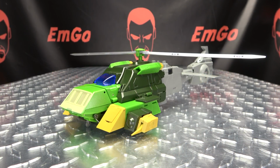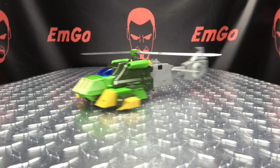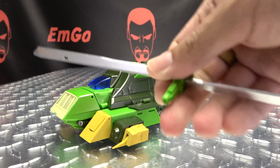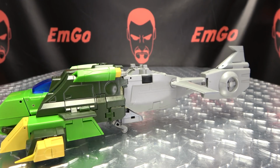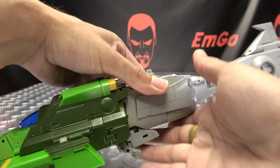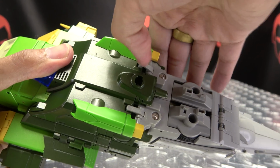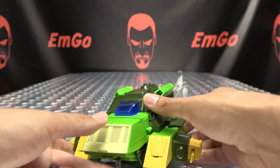So let's get down to transformation again, shall we? Let's get a good spin out of the helicopter mode at least. Hey, we get something. But remove the blades here, put that off to the side, and we can commence. So first thing we're going to do, just take these fins here, bring them down, rotate them forward. We're going to undo these tabs here, just pull those up to disengage that, and come up under here,